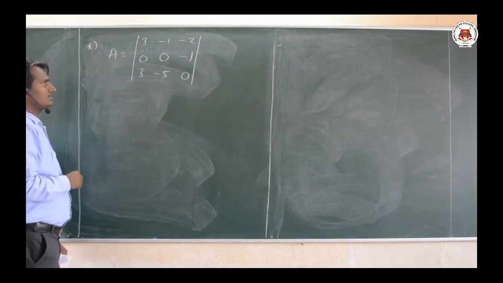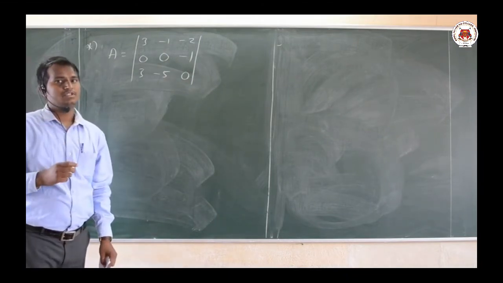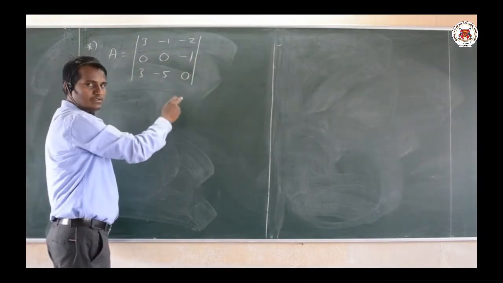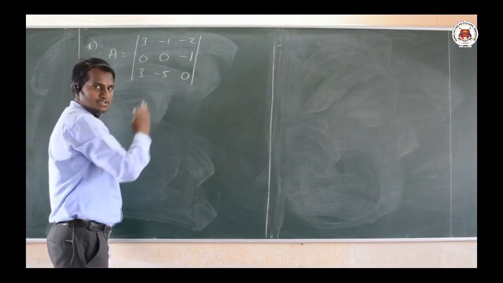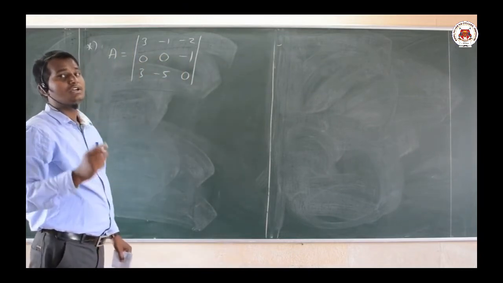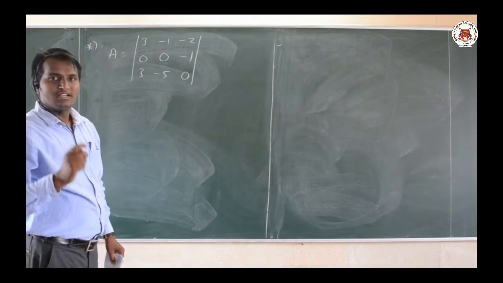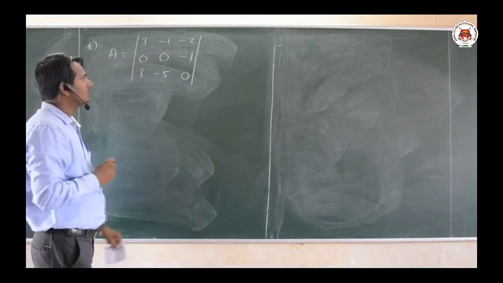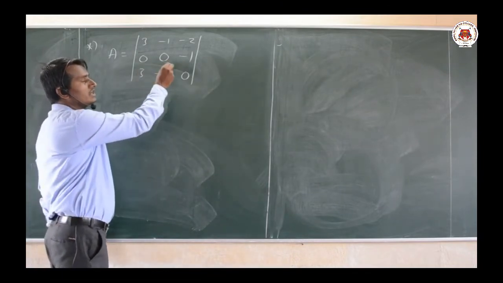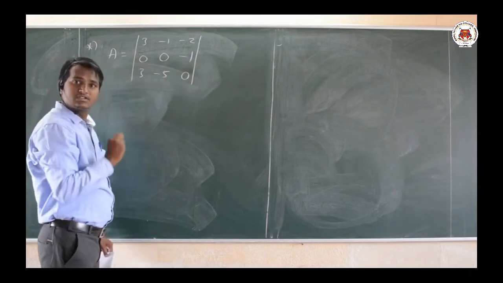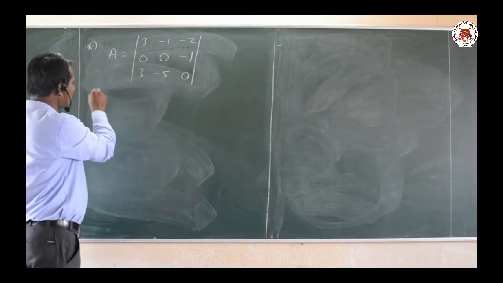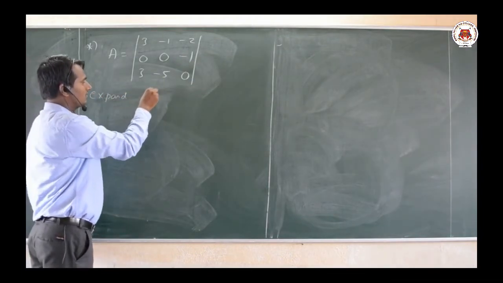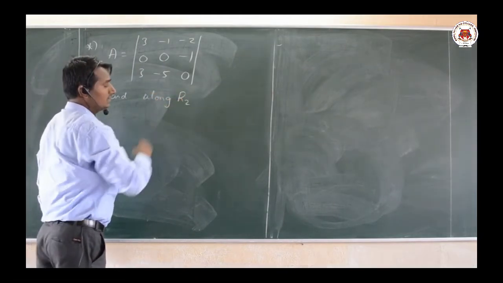How do we have to solve this? Dear friends, we have a lot of ways to evaluate it. Either we can expand by first row, second row, third row, first column, second column, or the third column. But always we have to look for the very simple method. That is, we have to see where the most zeros are. Here we can observe that in this particular problem, the number of zeros is more in the second row. So hence we will expand along R2, that is row 2.